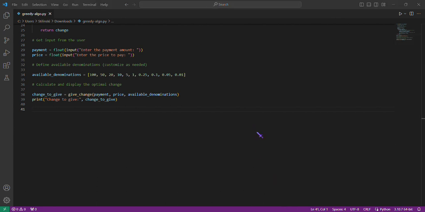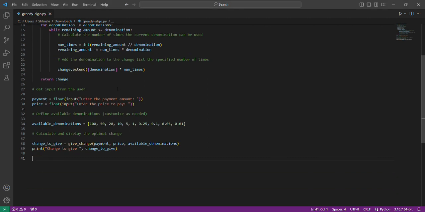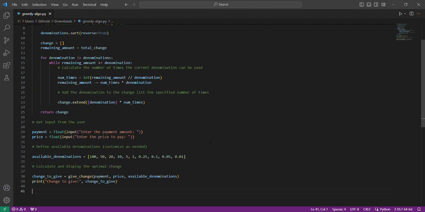The sole purpose of this code is to find the optimal solution, and in the example it is given in a cashier scenario. So this would be all, and thank you.